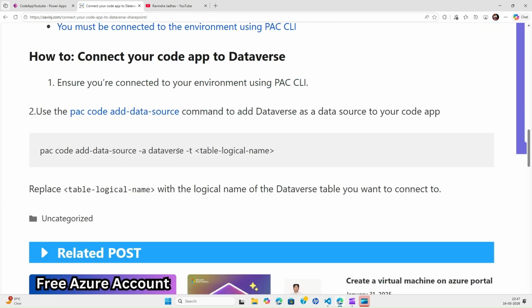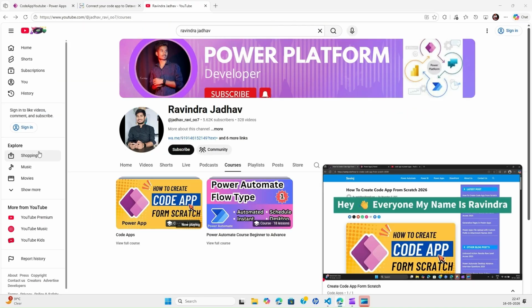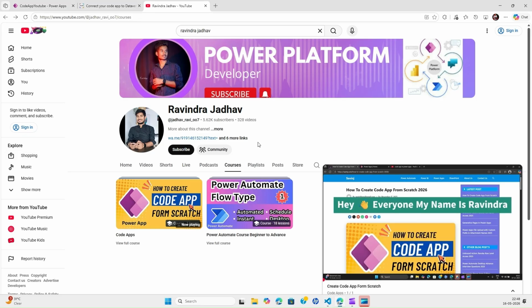So we have this command, pac code add-data-source -a dataverse -t for the table name. So we just copy this command. If you want to add the data source as a data model, it is very easy. We add -t and we have to add our table name. So first let me go